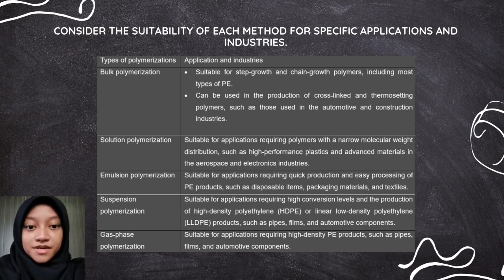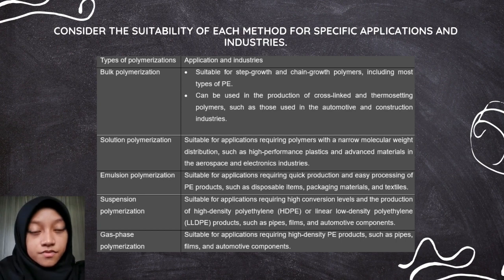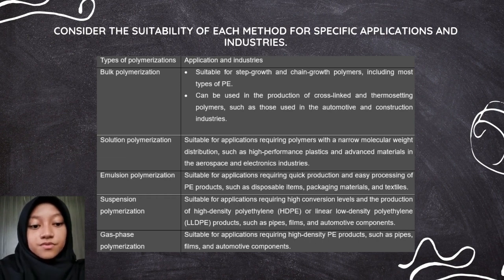Emulsion polymerization is suitable for applications requiring quick production and easy processing of PE products such as disposable items, packaging materials, and textiles. For suspension polymerization, the applications require high conversion levels and the production of high-density polyethylene or linear low-density polyethylene products such as pipes, films, and automotive components. Gas phase polymerization is suitable for applications requiring high-density PE products such as pipes, films, and automotive